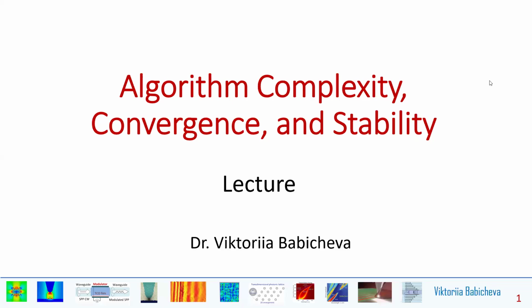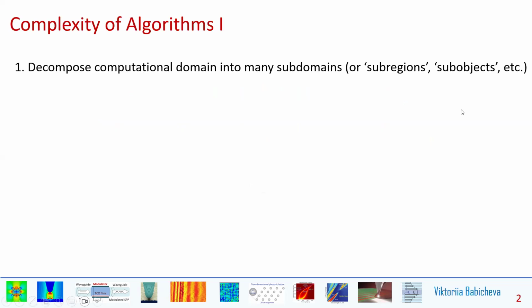Now we are going to discuss complexity, convergence, and stability. The following steps are involved in almost all modern numerical methods of solving electromagnetics problems. First, we can decompose the domain into many small subdomains that are much smaller than wavelengths, and